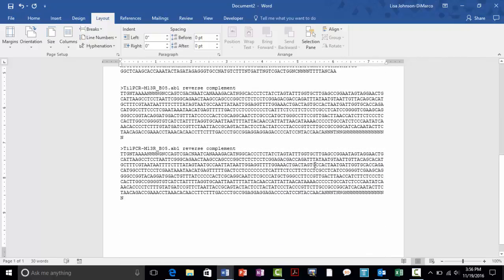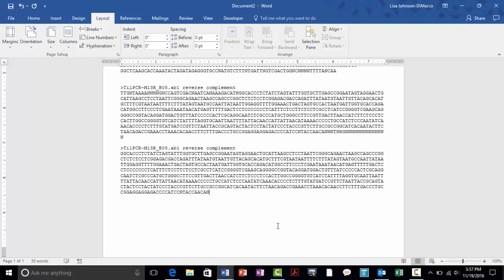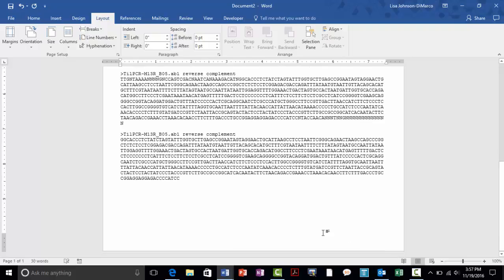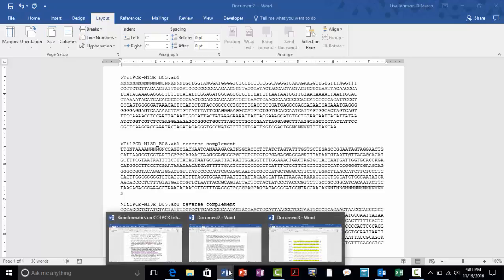So let's go down to the reverse complement and we'll take the ends out of the beginning. And I'll actually go up to the GGC here. And then take the ends out of the end. All right, great. So we are ready now to align the two sequences, and so we want to go back to the handout,